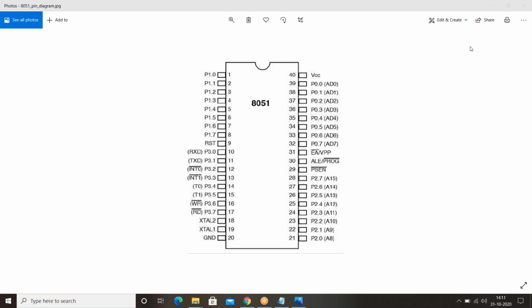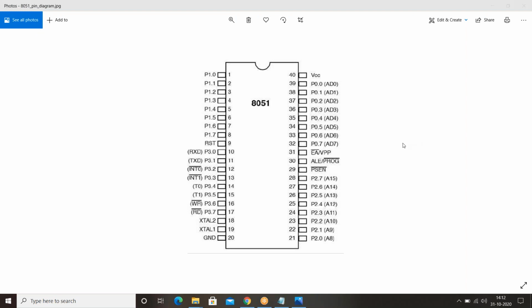Okay, so guys, let's focus on this pin diagram, right? It consists of 4 ports, obviously, port 1, port 0, port 2, and port 3, right? So what exactly will port 1 do? What is the functionality? What exactly will port 1 do? Okay, let me take the answers.